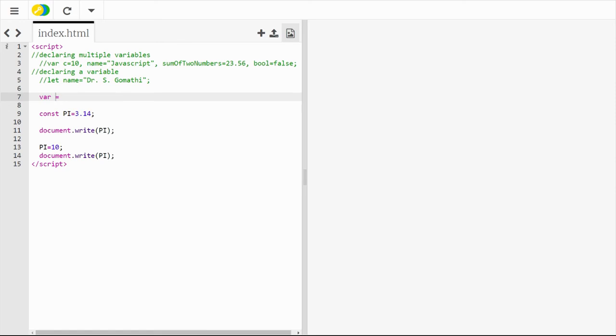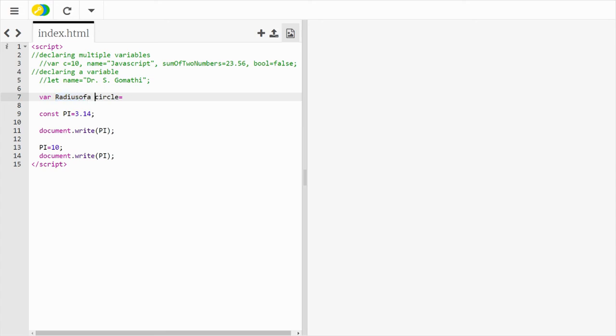A variable name can only contain alphanumeric characters, that is a to z and 0 to 9, and underscores. A variable cannot contain any spaces. For example, if you want to create the radius of a circle, you should not write it with spaces, because after seeing the var keyword, it will check for only one complete string.